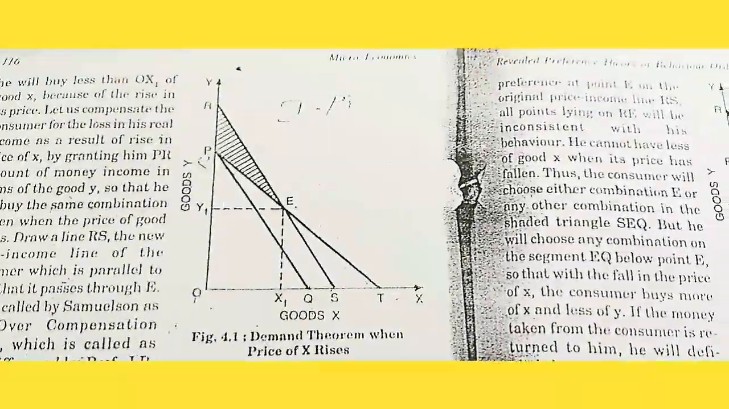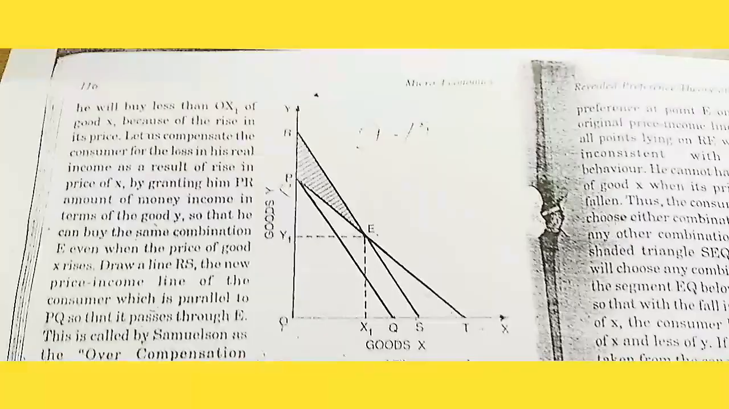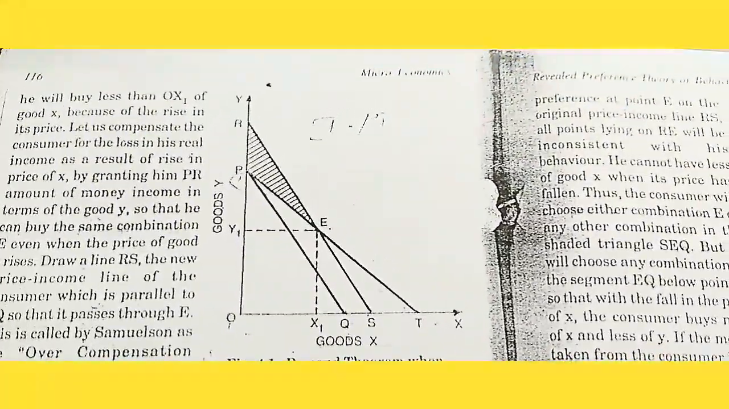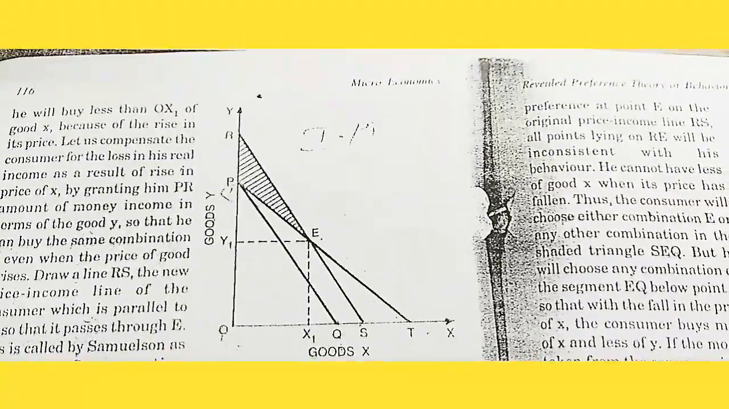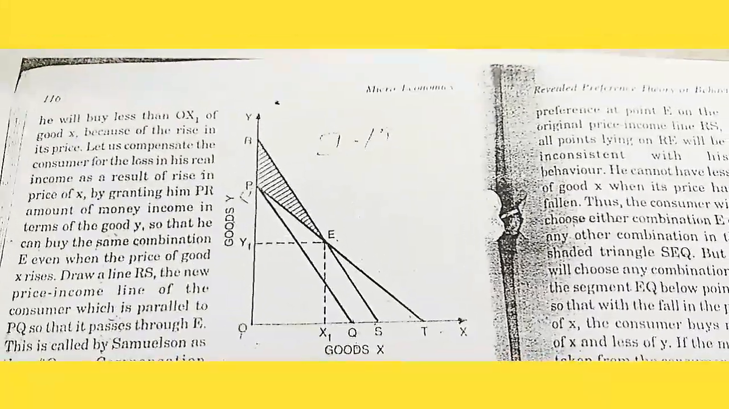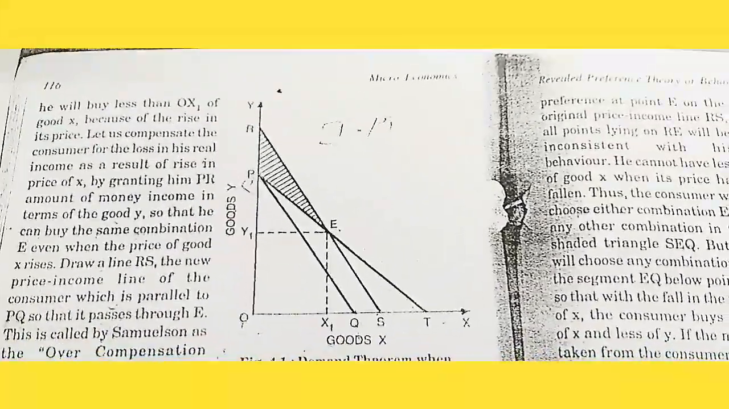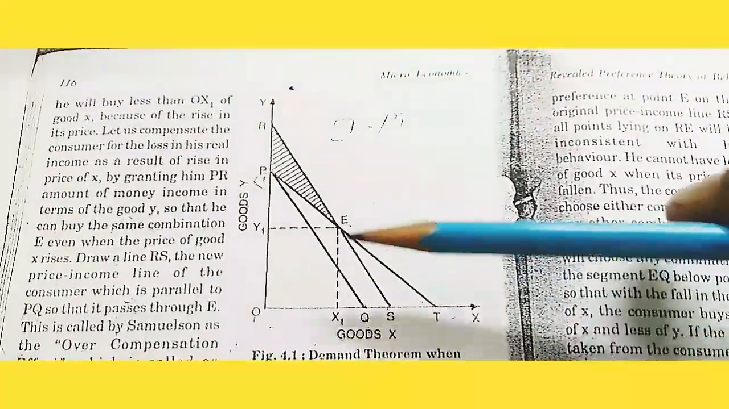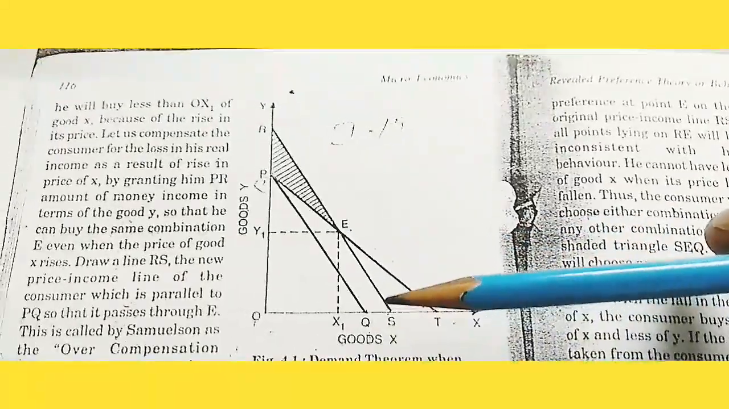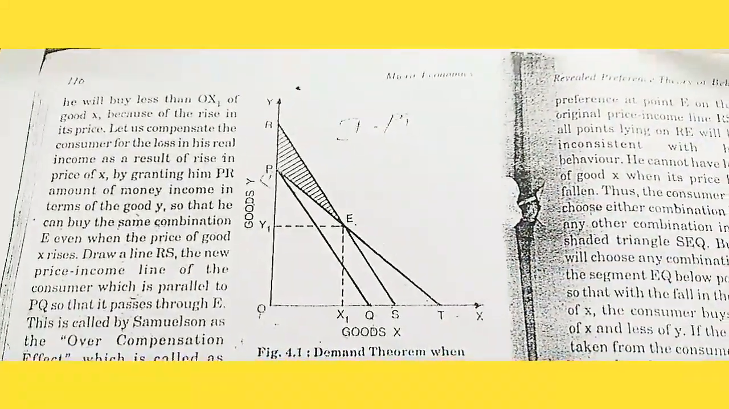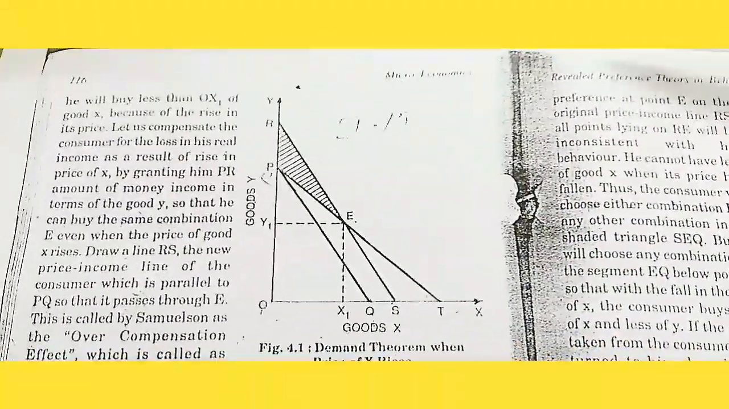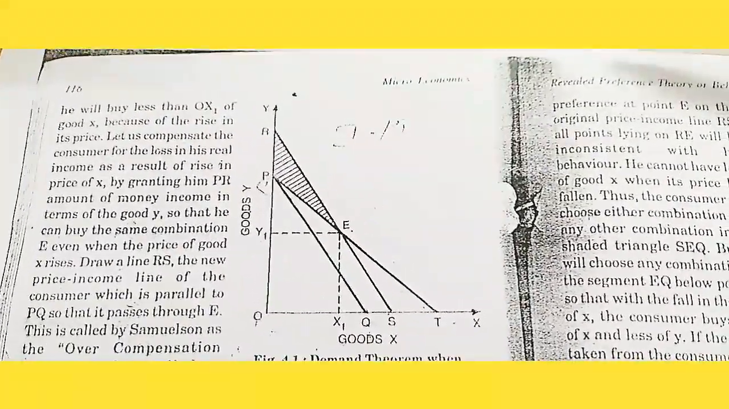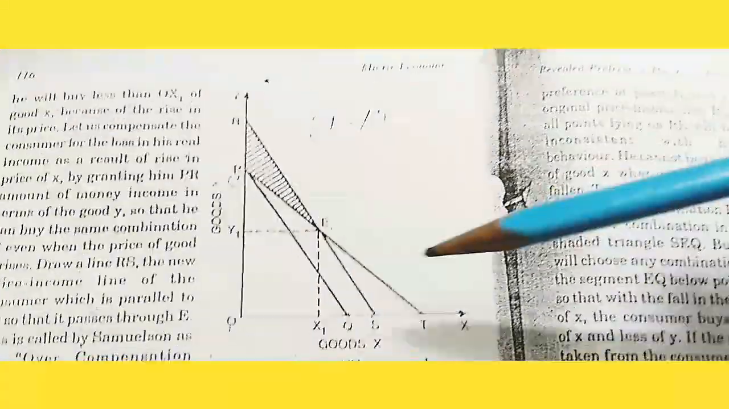Now the question is, which combination will be chosen by the consumer in price income situation RS? The original combination E is available in price income situation RS. It is evident that he will not choose any combination lying below E on the line RS. He cannot have more of good X when its price has risen. Hence, the consumer must reject all combinations below